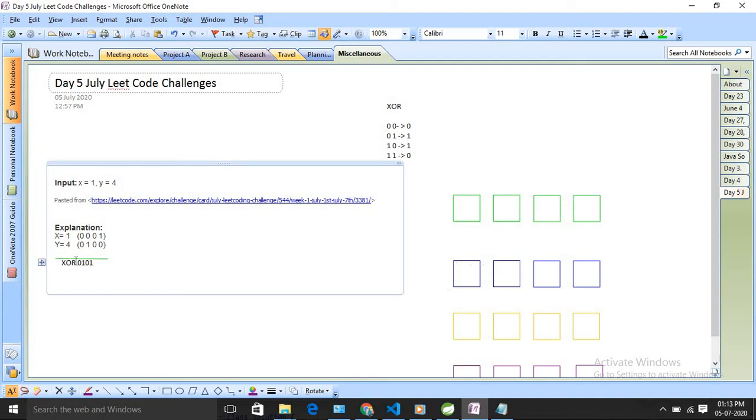Then what I need to do is just calculate the number of 1s in this value, right? If I can calculate it somehow, then that will be my answer, right? So our first step will be doing the bitwise XOR operation between those two integers and taking the output. Then whenever I get this output, I need to count the 1s, right?